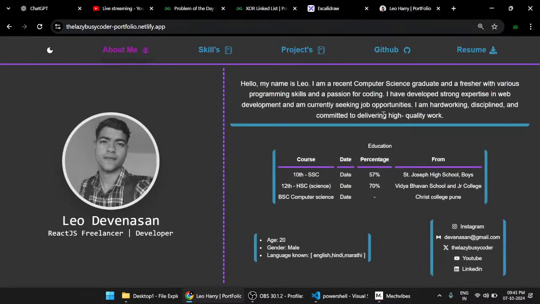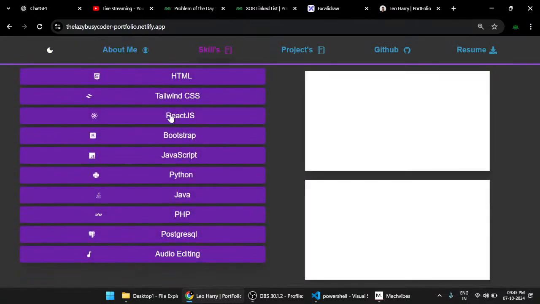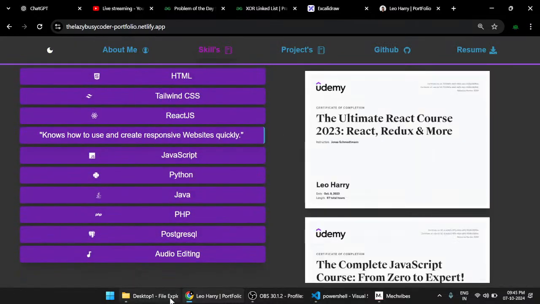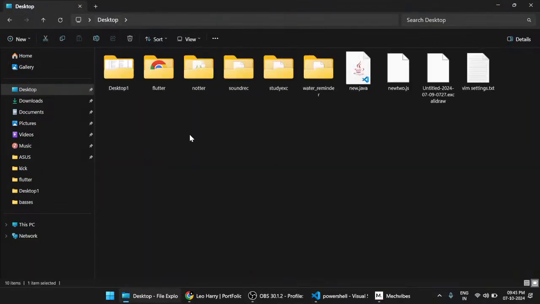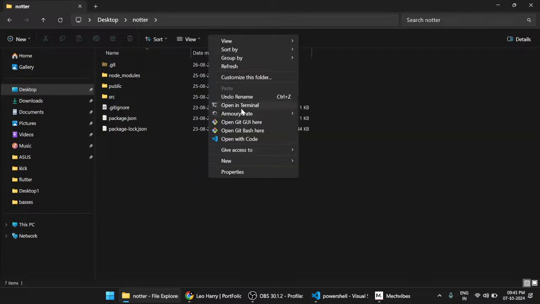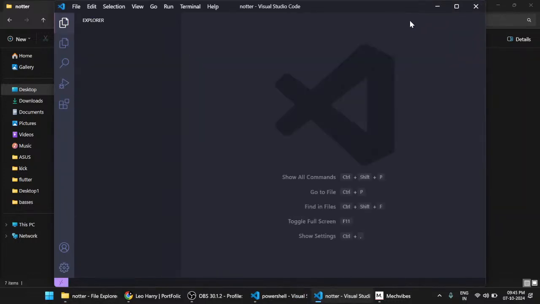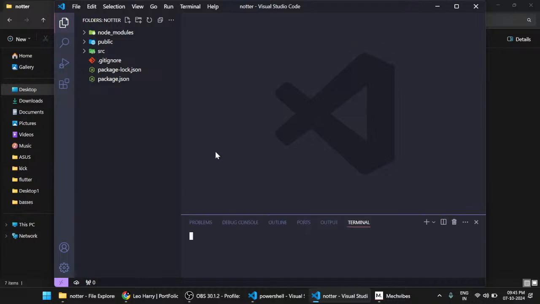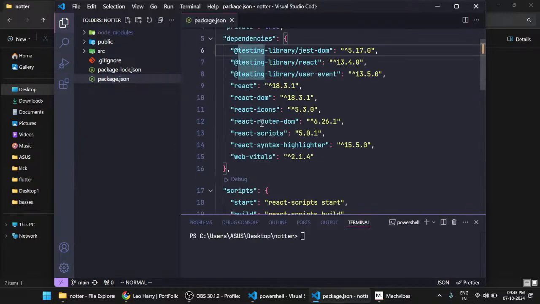Yeah, so this is me. This is one of my projects which I created on my own using React.js. Also, thankfully, I remember one thing. Where is this? Yeah, this is also my React project. So I can show you this. I just need to open the terminal. I hope all the